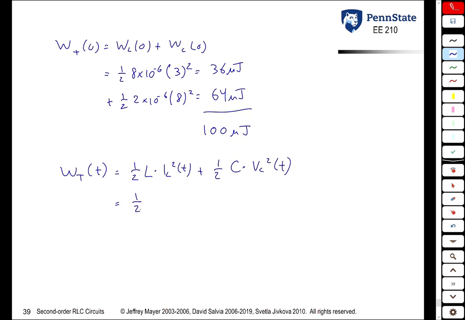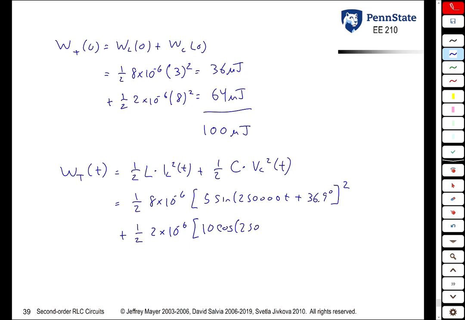So we get 1/2 times 8 times 10 to the minus 6. The current through the inductor is 5 sine(250,000 t plus 36.9 degrees) squared. Energy due to the capacitor is 1/2 times the capacitor value times the voltage across the capacitor squared. You work out this math, you get